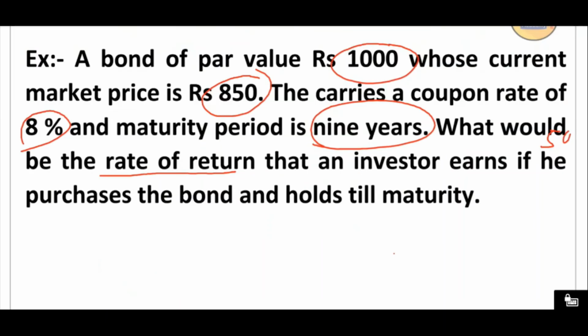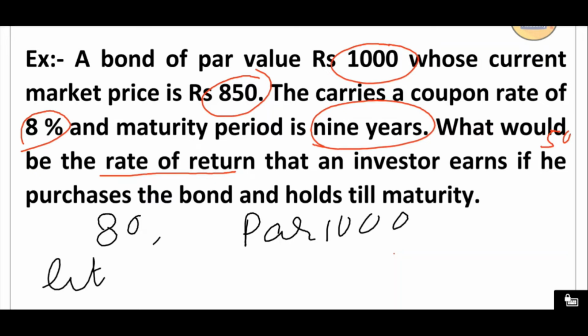Okay, now I'm going to use a second method here, that is called present value of ordinary annuity. So how much are we getting as the yearly interest? That is called the coupon interest. So coupon interest we are getting is 80 rupees, every year. And the face value or par value given is 1000 here. So let's say the rate of return R equals 12%, I'm taking here. Let's just imagine.